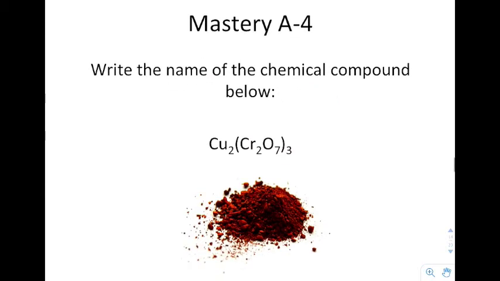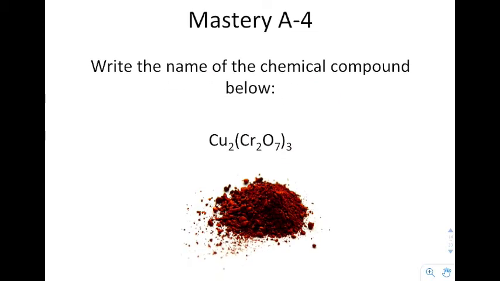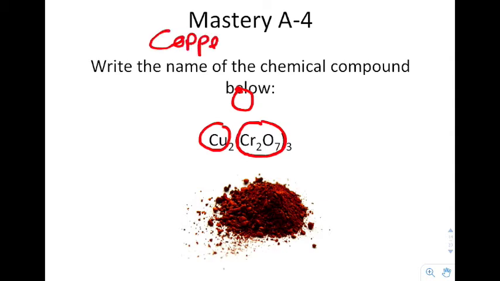And the last one, it says write the name of the chemical compound below. So we have to look at this thing and say, okay, I know this is a polyatomic ion. Because it's a polyatomic ion, I have to go to my chart. I know that this, if I look at it, is copper. The total charge has to be 0. So I'm going to say that it's copper. I know that copper is a transition metal, so I'm going to leave parentheses to put the Roman numeral there. I look up this on my chart, and it is dichromate, and it has a charge of